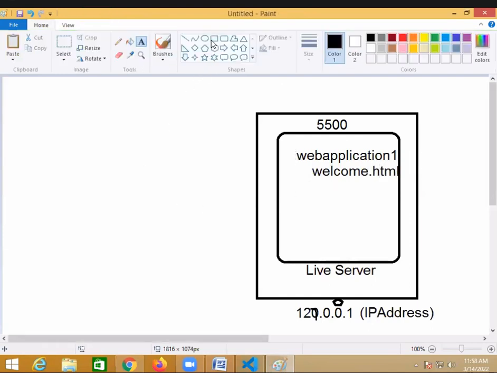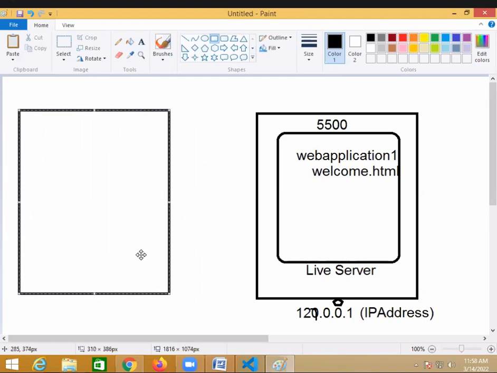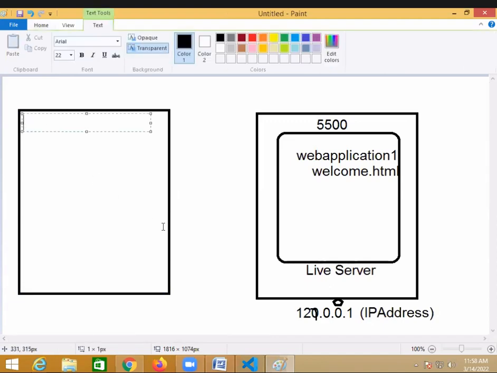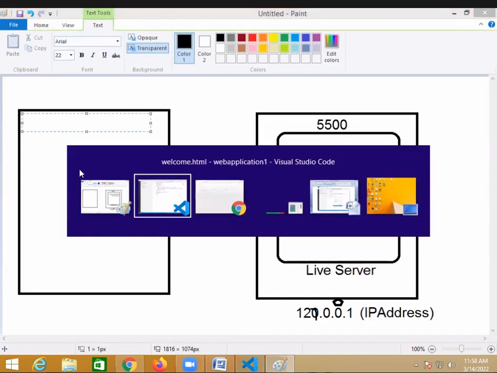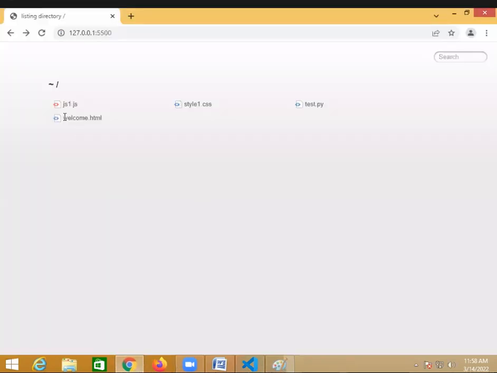Now I want to access this HTML which is there in web application 1. So how can I access this? Within the browser, I'm sending a request. But how am I sending a request in the browser? I'm giving the IP address of the system,